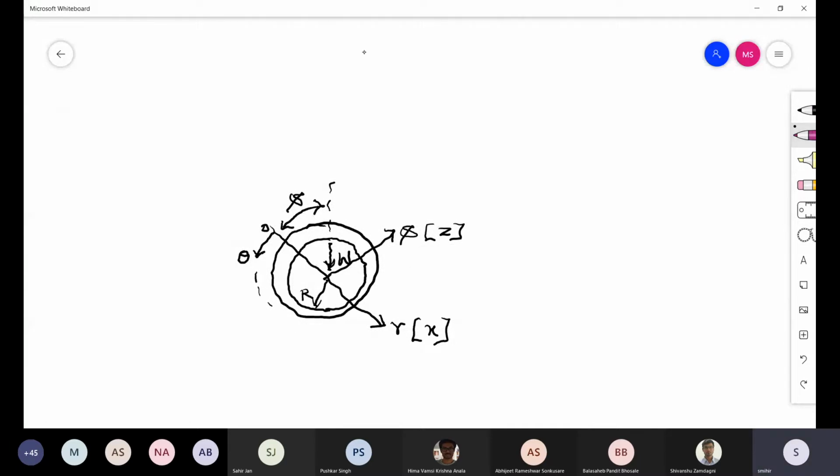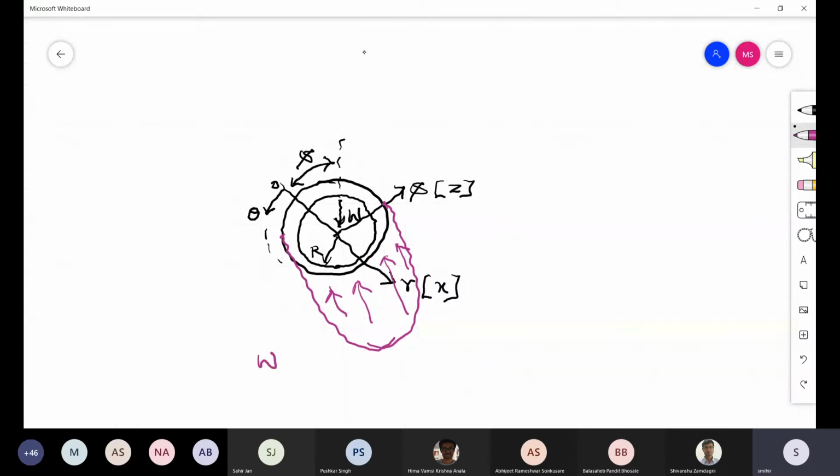Because of this total w, the pressure develops. Pressure develops like this. This is the pressure. Now the summation of all this pressure should balance the external acting load W. Whatever you are calculating, this WR or whatever I have written, WX, or W phi or WZ, these are actually because of this pressure.